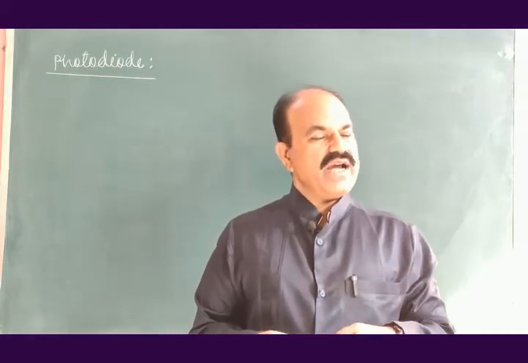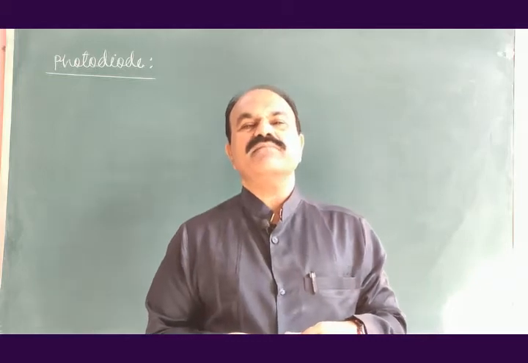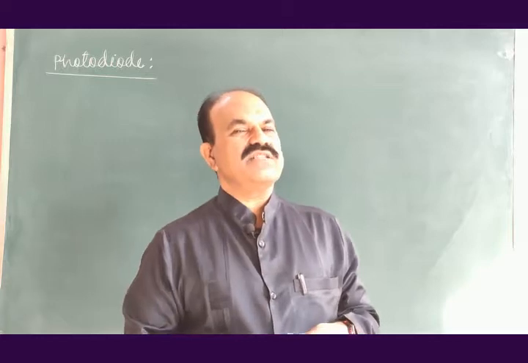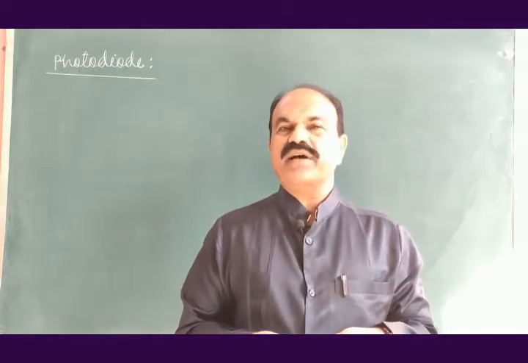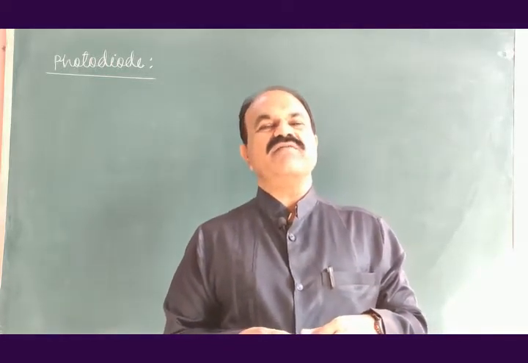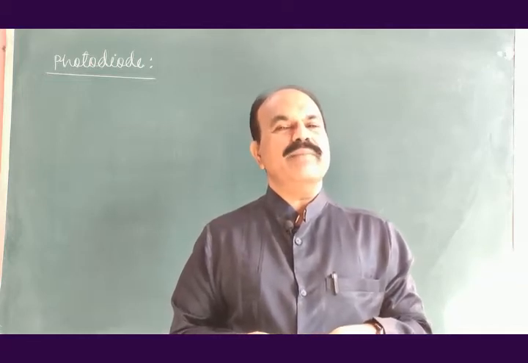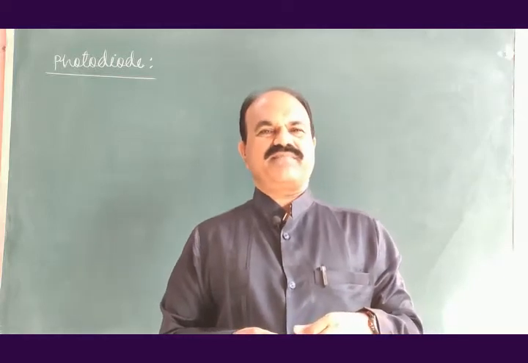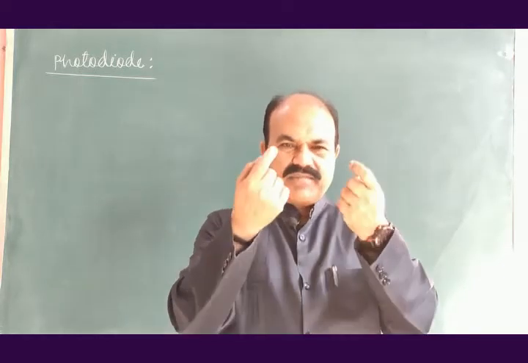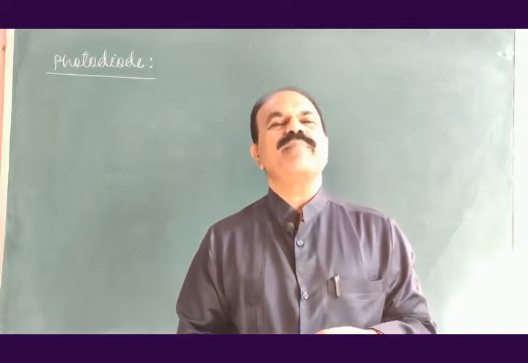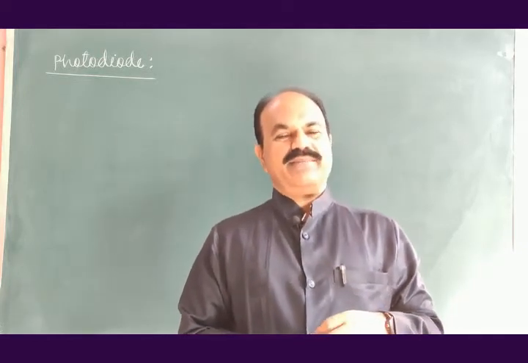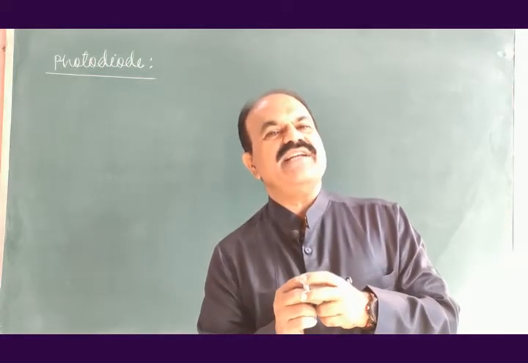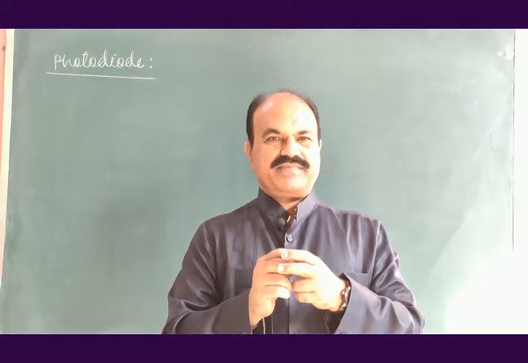Whenever the photodiode is actually constructed using either germanium or silicon semiconductor, this PN junction semiconductor will be mounted on a substrate, non-conducting substrate. The terminals are taken out from N type and P type, and this junction is then encapsulated in a metallic case.